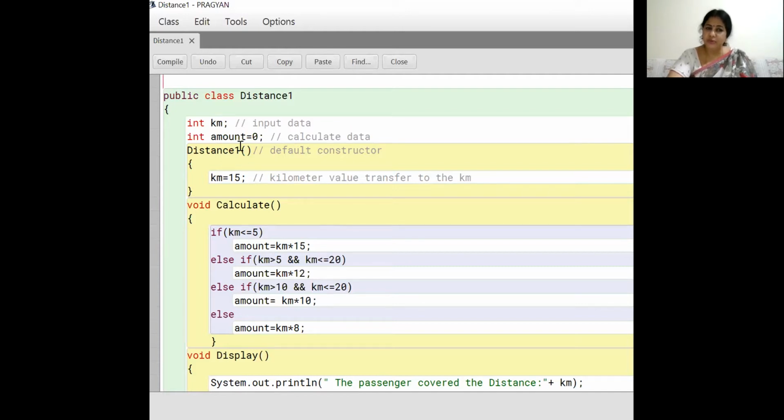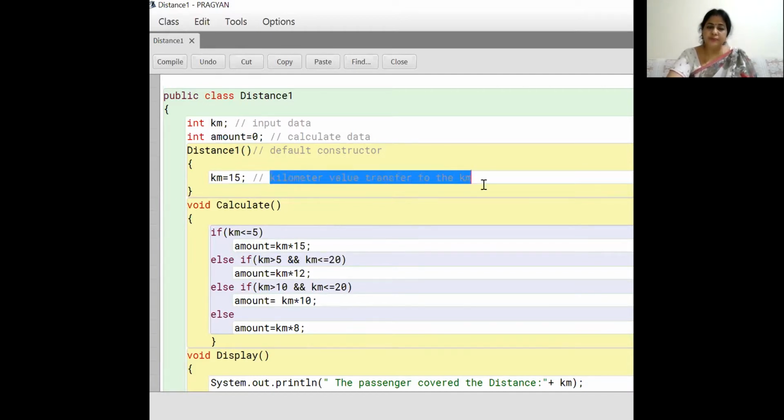Before the constructor I initialize it to 0, so inside the default constructor I only initialize the input data. In the last session the calculated field was initialized within the constructor, but here we have to initialize it before the constructor, that is amount is equal to 0. Due to the absence of input functions, I directly assign the value 15 to kilometer.